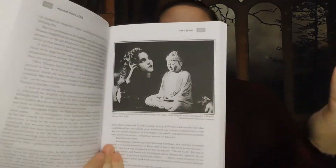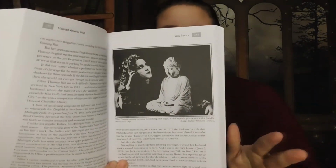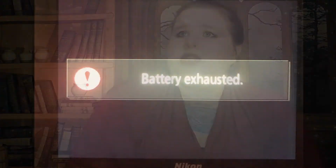You know, there's Olive Thomas, and if you're not aware, look it up, but I'll probably eventually do a video about her. There are stories of her in there, and a lot of cool stories in here that are across the United States. And what's interesting is that it's not just ghost or horror stories. Some of it is Native American also, so I thought that this would be kind of interesting. Again, there are some things that are close to me in Arizona, and I'm planning a little short road trip to go check those things out, so I'm super interested in this. The last thing that I got at Barnes & Noble